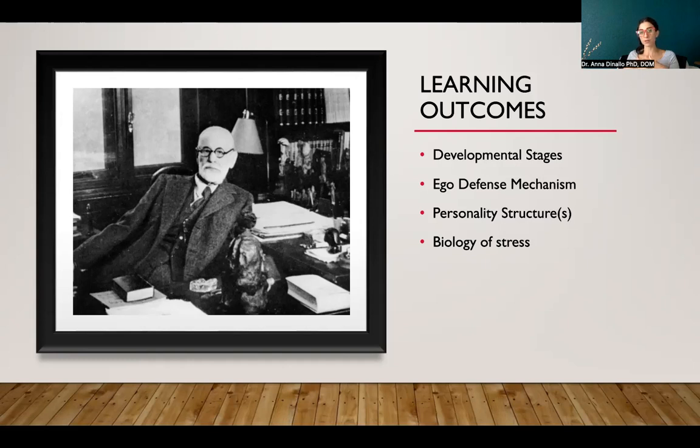And then we also talked about personality structures, right? So knowing that the iceberg is very Freudian, knowing that the collective unconscious and that mind map is very Jungian. If you like Carl Jung, like I do, I teach a whole course on it in the spring, so please tune back in. I love a lot of these theories of anima and animus, of how we can date our parents, we can unpack all of that. And then, of course, we talked about the biology of stress and how psychodynamic theory is actually quite useful in working with clients now as we look at what's in the unconscious mind.